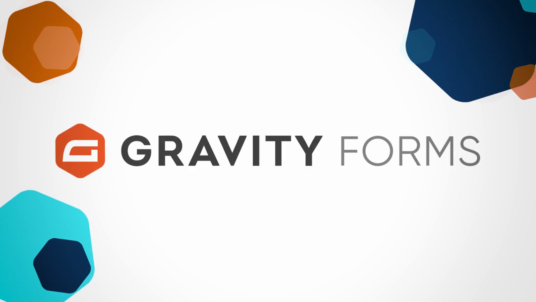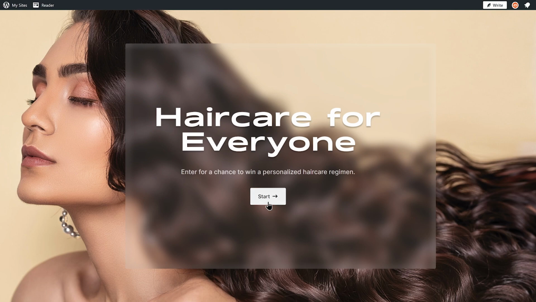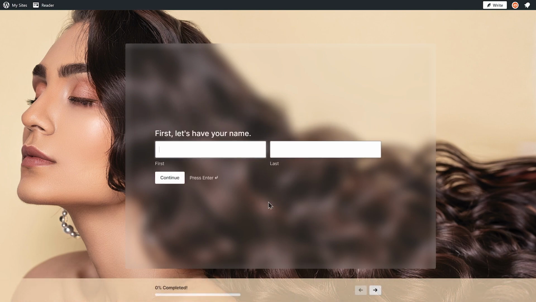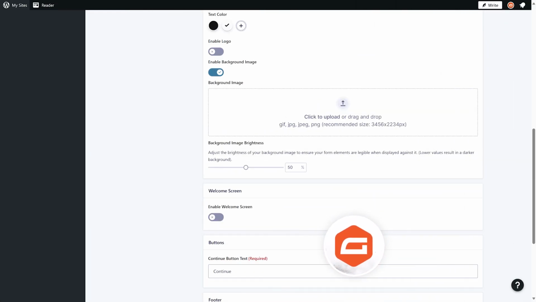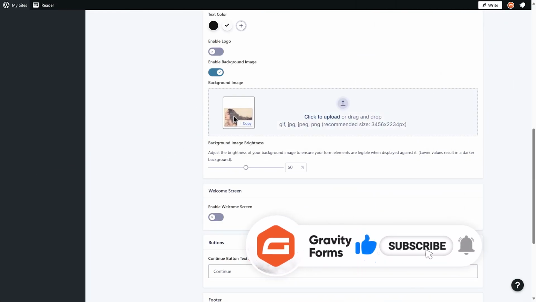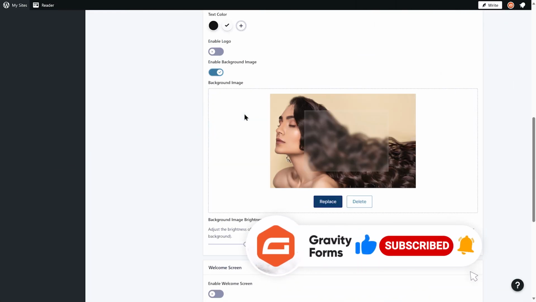Gravity Forms makes it easy to create conversational forms and engage with your audience on your WordPress.com website. Conversational forms allow you to present your forms in a friendly, distraction-free manner, one field at a time. In this video, we'll take a look at how to use the Gravity Forms Conversational Forms add-on to create a